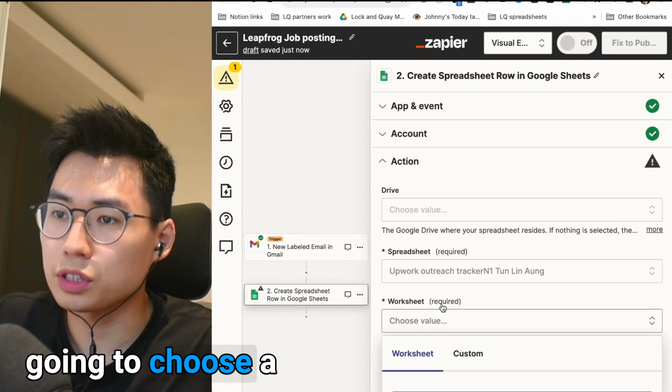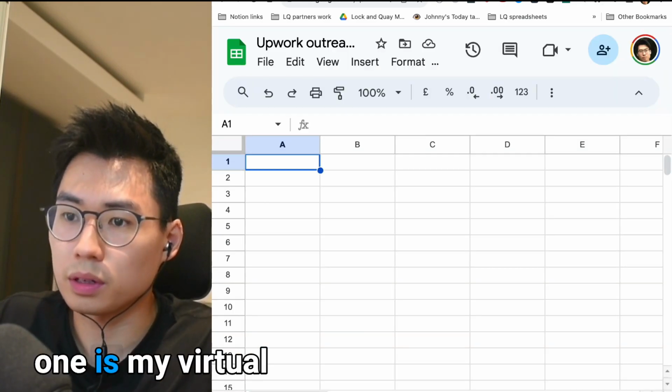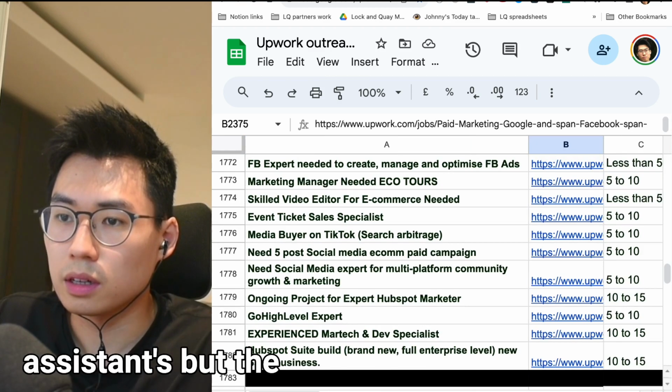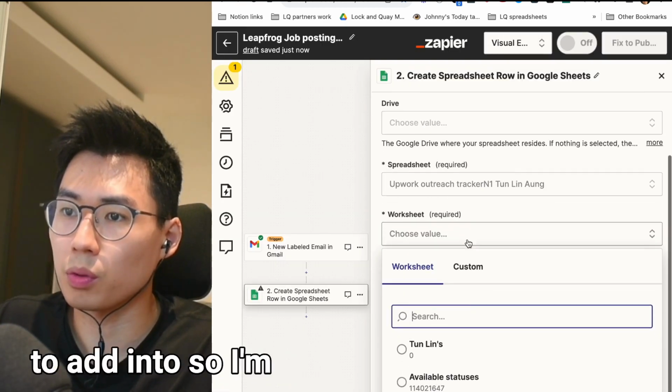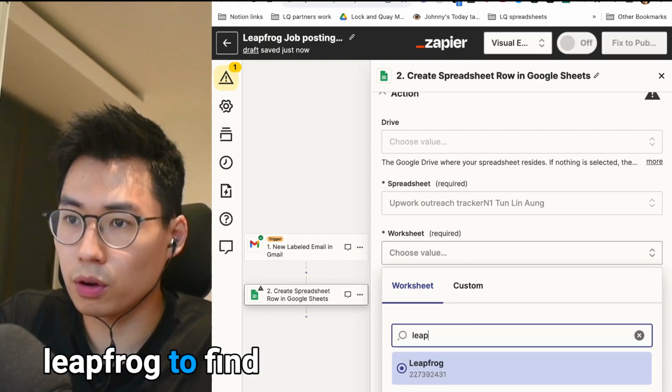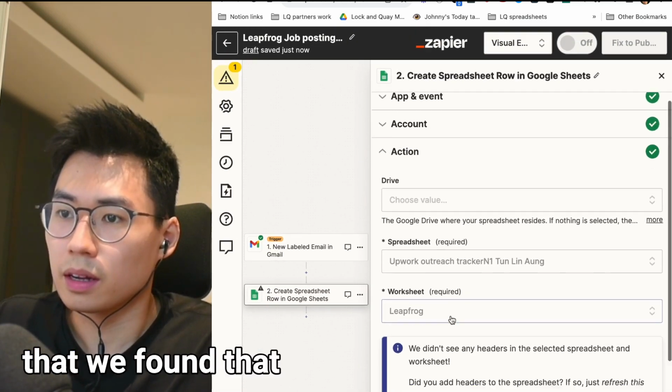And we're going to choose a sheet. We're going to call it Leapfrog, because that is the one over here. This one is my virtual assistants, but the one that we want to add into is the Leapfrog sheet. So that's the one that we're going to add into. So we're going to type in Leapfrog to find it, and it is over here. So it's found nice and easy. Now that we found that,